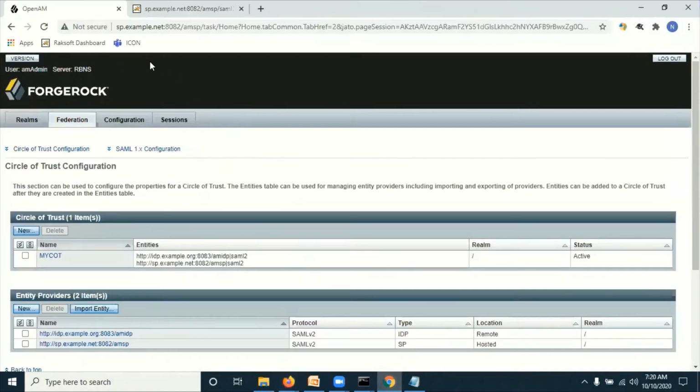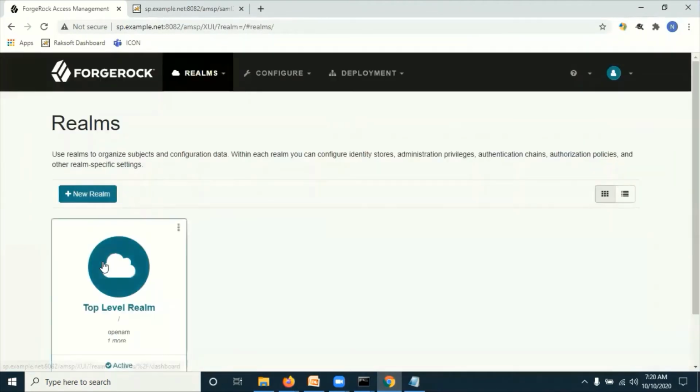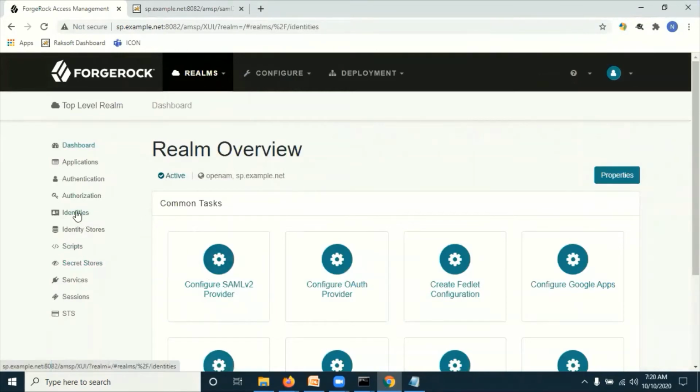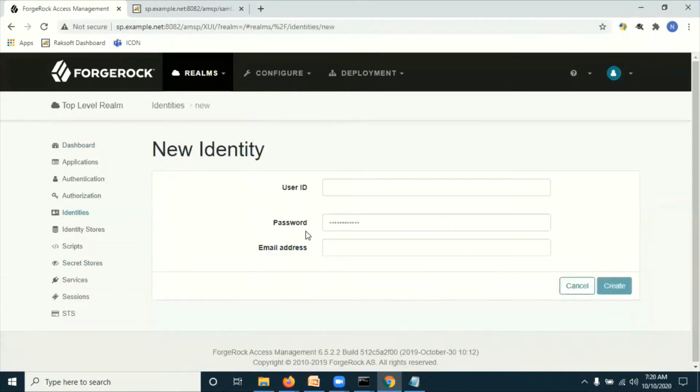Now go to the SP side also. Here also you can create one user, like demo SP. Password I have given.